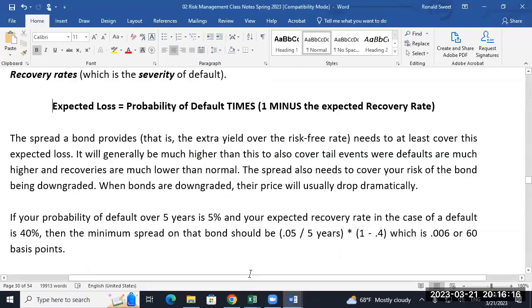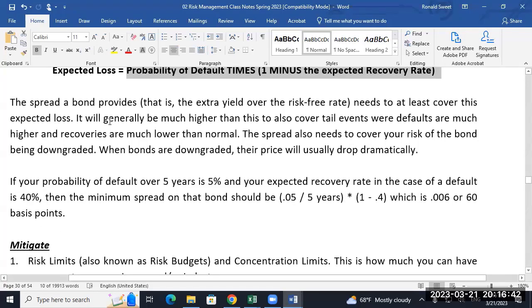Having one that's 2 or 3 years old, I don't think is that big of a deal, because what you're trying to do is get the methodology down and the understanding, and in a few years it's not going to make that big of a difference. So the spread you're receiving on a bond is supposed to be, since you're assuming treasuries are risk-free, can't have default, that spread is covering you for this. So the question is, are corporate bonds paying you enough spread to cover you for that? So if we look,